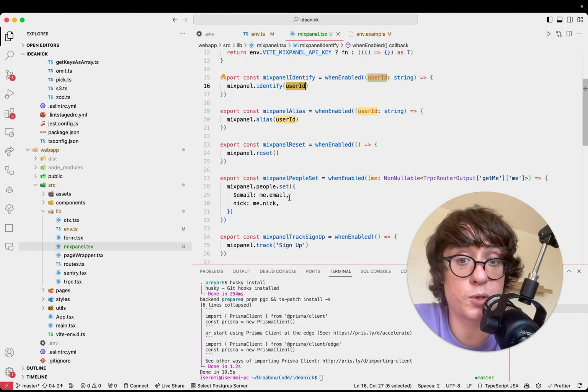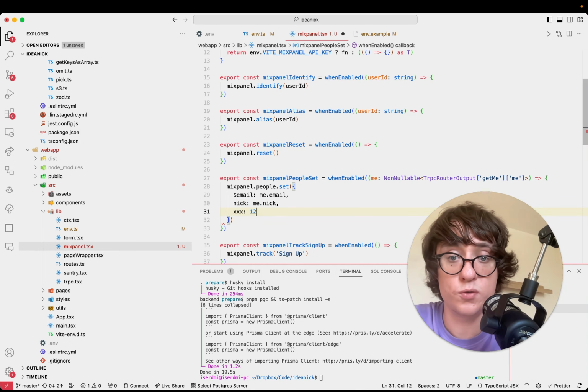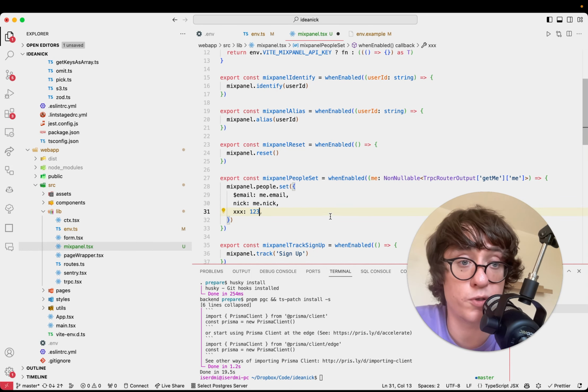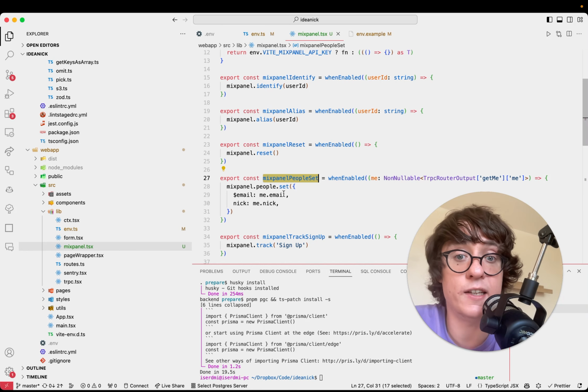For instance, anything starting with a $ sign is a predefined field that has a special display in Mixpanel. Here, we pass the email like this. For the nickname, we pass Nick. But we can send absolutely everything here, anything you want. And this data will also be added to the user's information. This call makes sense to make as soon as the person is identified and when some data in their profile